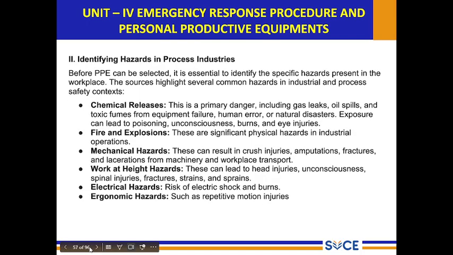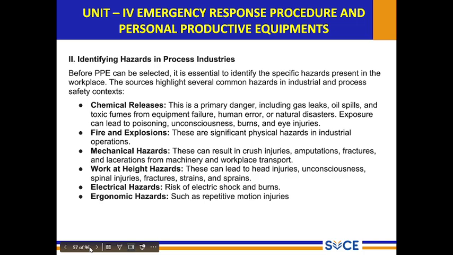How do we identify the hazards in process industries? There are 5 types of hazards. So, 6 types of hazards. Let us list them one by one. The first one is chemical release, then fire and explosion, mechanical hazard, work at height hazard, electrical hazard, and ergonomic hazard. These are the 6 types of hazard which we see. For these, we need to know how PPE is to be selected and how effectively we have to use the PPE when there